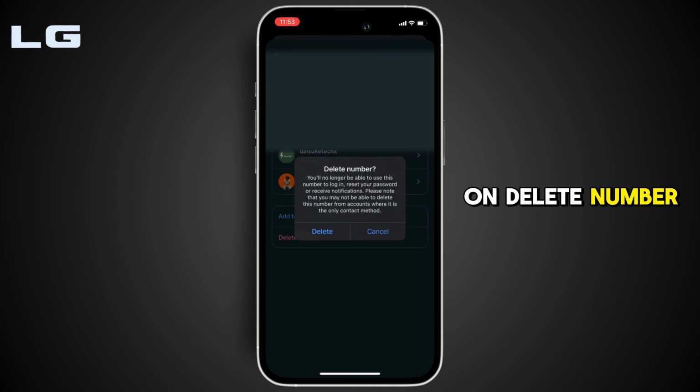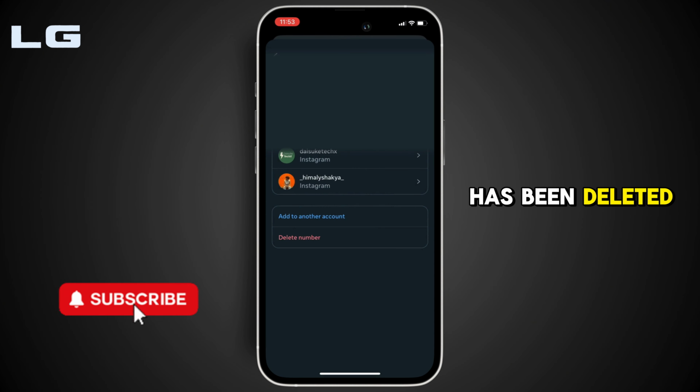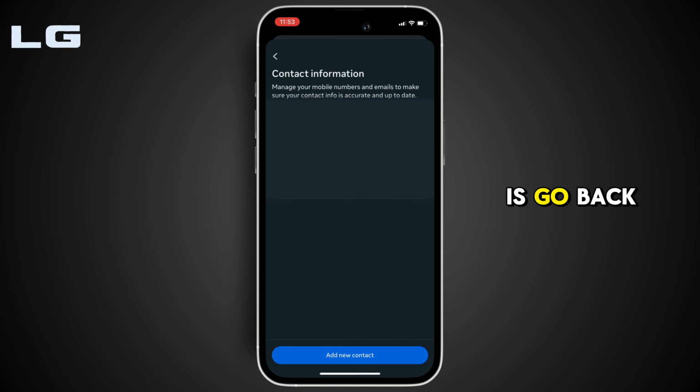And then click on Delete Number at the bottom. Once again, click on Delete. Once the number has been deleted, the next thing you want to do is go back and tap on Add